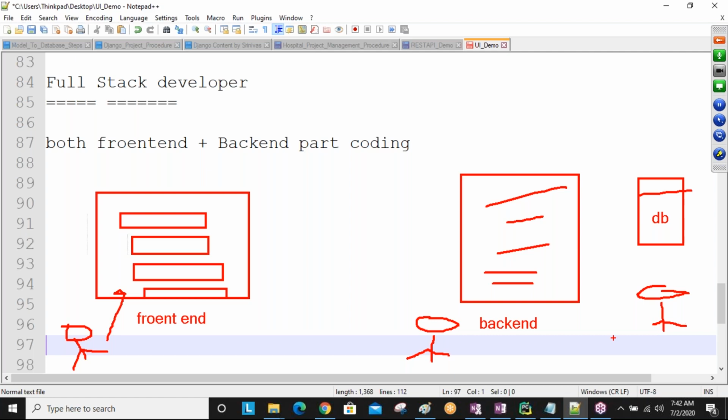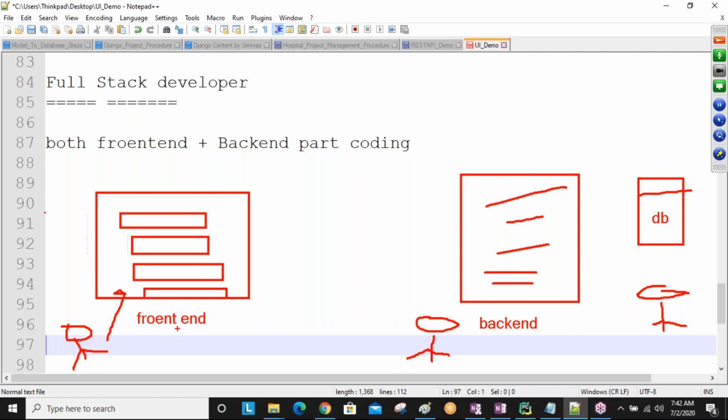Like this, three people work on the same project, front end, back end, database, all together developing one single project. If three parts are there, front-end code, back-end code and database code, then one full-fledged application is made. This person develops some code, that input is taken to the back end, and the back-end code communicates with the database. Like this, there is a dependency between all of them.